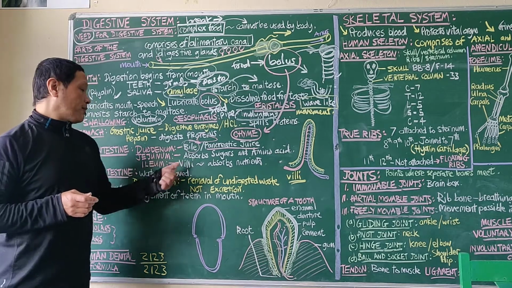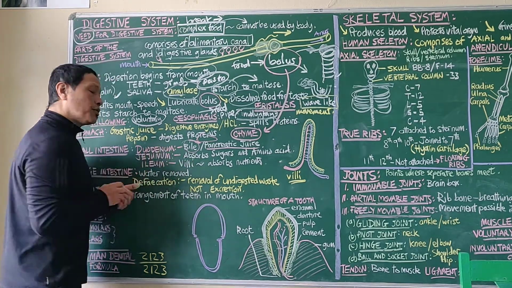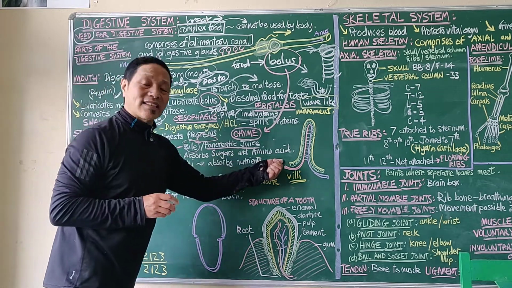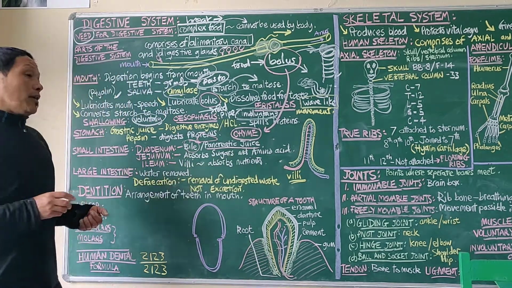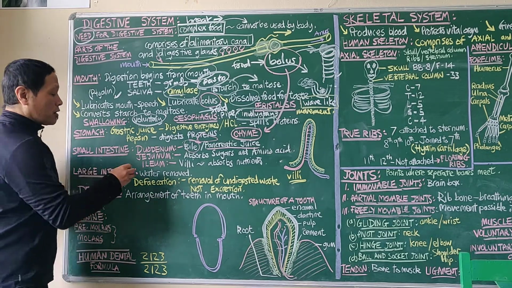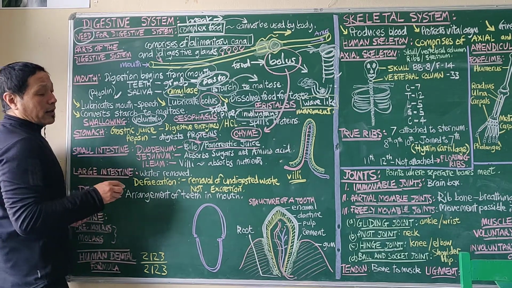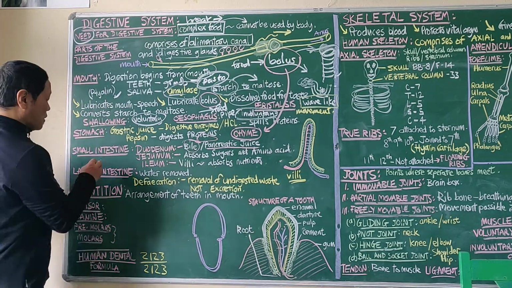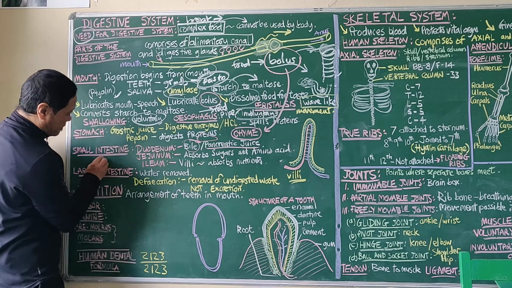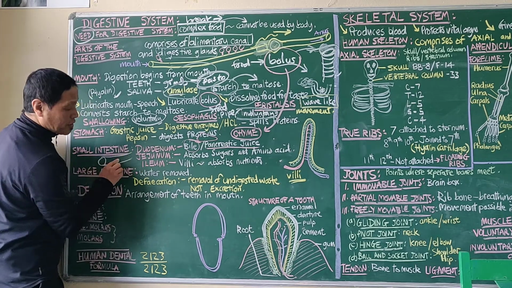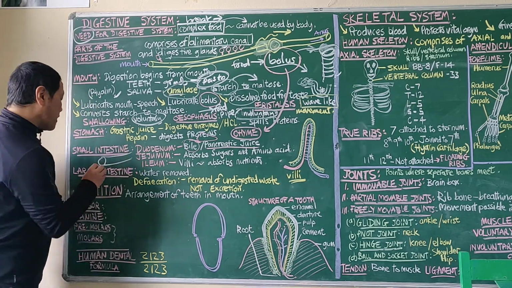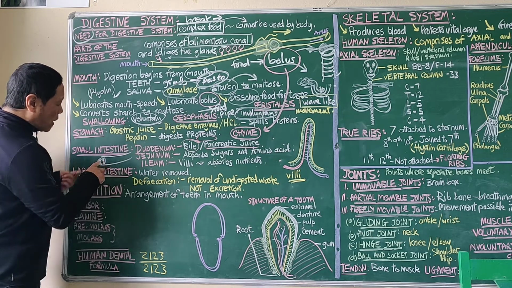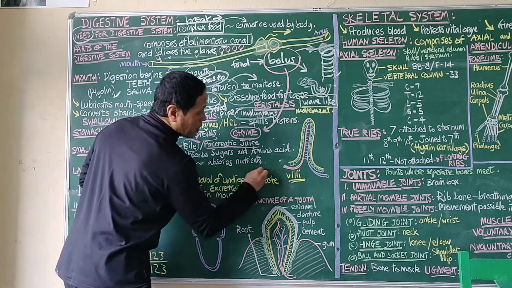The jejunum is the part which comes after the duodenum, and this is the part where sugars and amino acids are absorbed. Then the third part, which is the longest, is the ileum, and it absorbs all the nutrients. In order to absorb the nutrients, if this is the pipe, the ileum of the small intestine, the inner membrane is folded like that. So one of these folds I've got here.